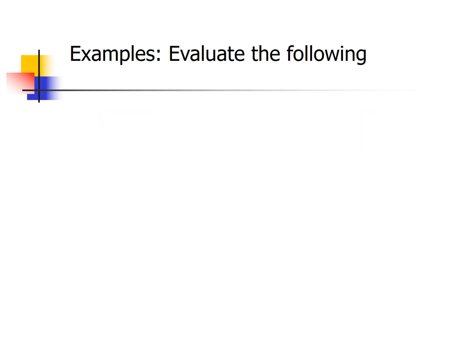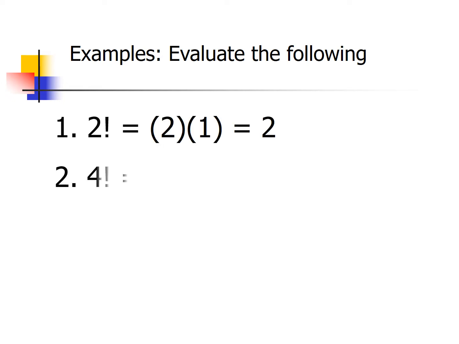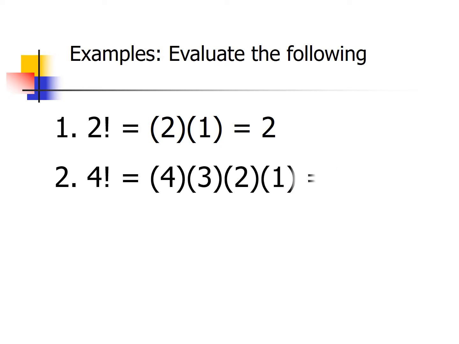So, let's have more examples. Evaluate the following. First, 2 factorial. When we say 2 factorial, it's 2 times 1 equals 2. Second, 4 factorial. When we say 4 factorial, it is 4 times 3 times 2 times 1 is equal